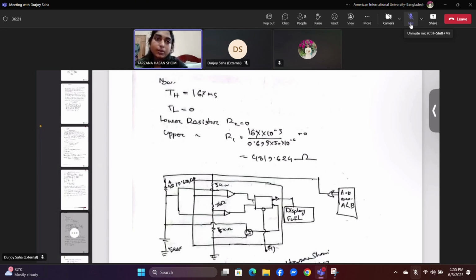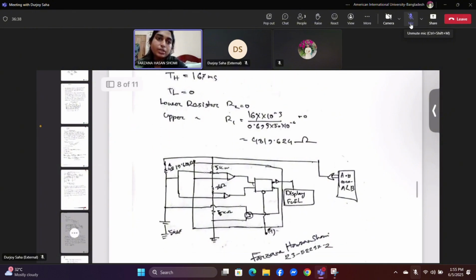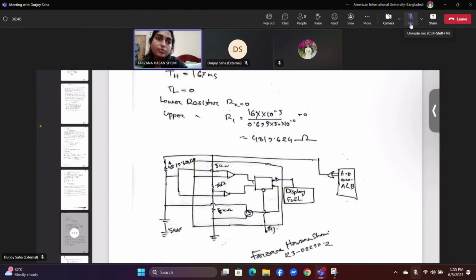Because of the setup, the lower resistor R2 becomes 0. The upper resistor R1 is calculated using the formula R1 = T_H / (0.693 × C). Substituting the values, we get R1 = 167 × 10^-3 / (0.693 × 50 × 10^-6) = 4819.628 Ω. These values ensure the timer outputs a steady signal suitable for the full indicator without any blinking, ideal